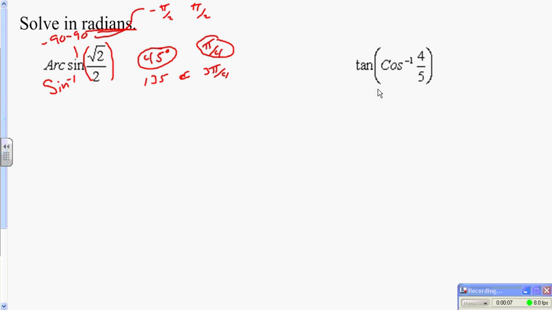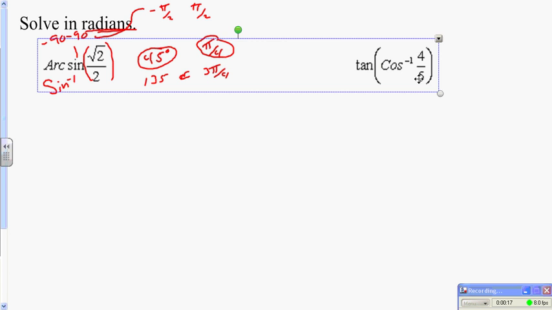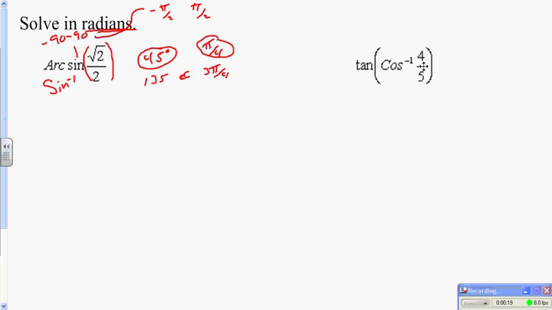Now here we have two functions occurring, tangent, lowercase, and cosine, capital C. So again, they're looking for cosine inverse, and it's 4/5. Now remember, 4/5, we have to ask ourselves a question. Is that degrees, or radians, or what are we looking for here? Now, 4/5,